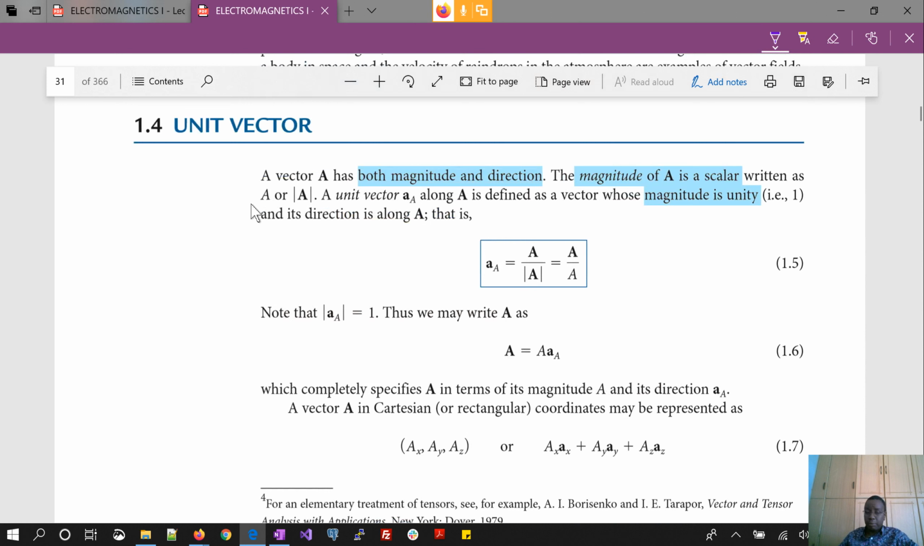For now, let's just jump to what we are dealing with today, which is vectors. The next important item that we need to address is what a unit vector is. And a unit vector